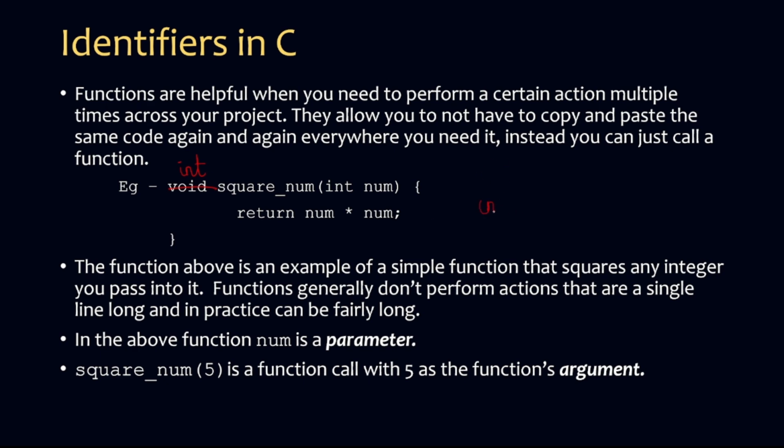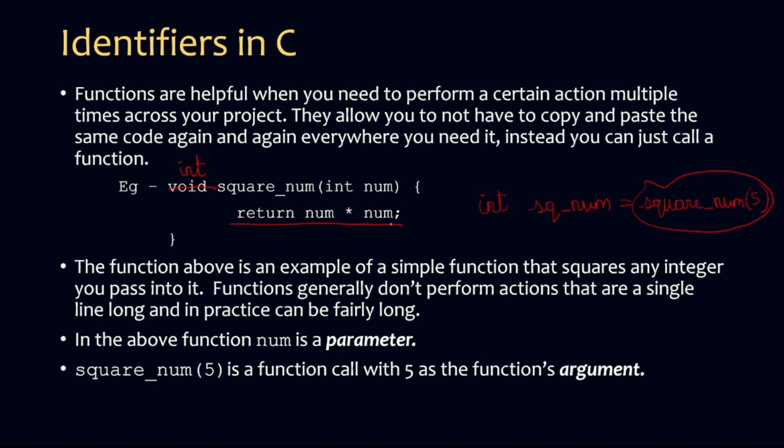So you can again just simply declare a variable int, right? Let's call this sq num, right? And then we just have square num